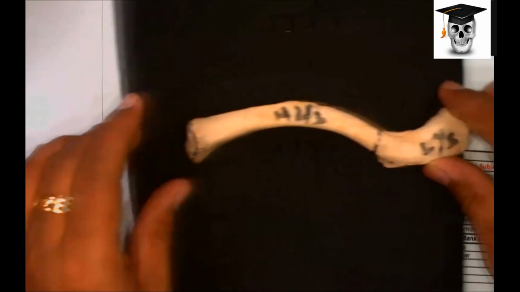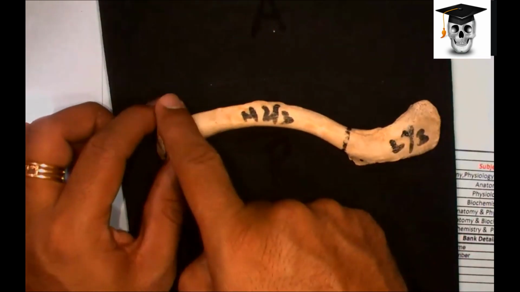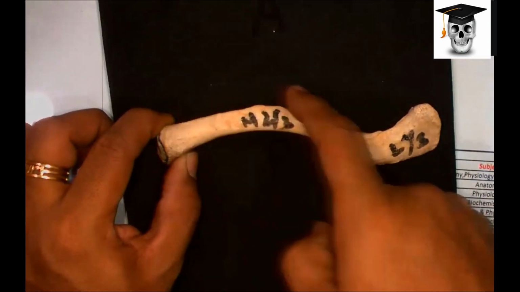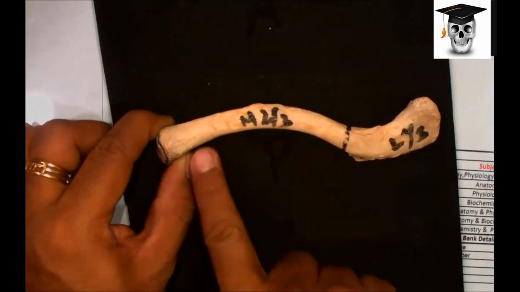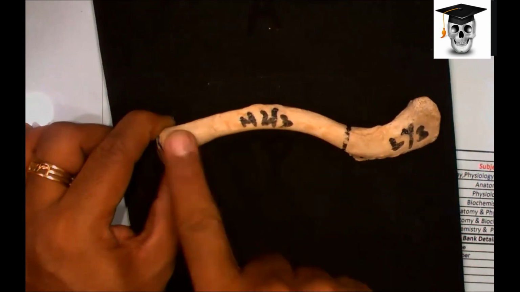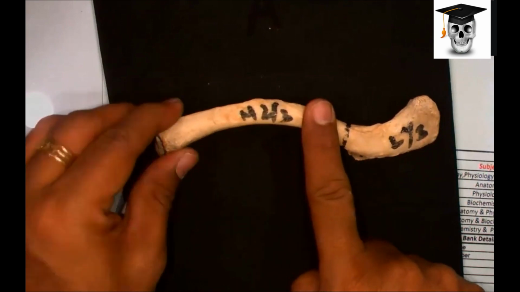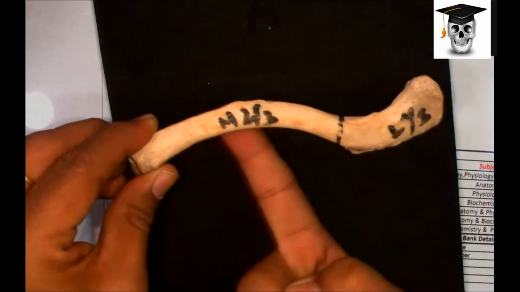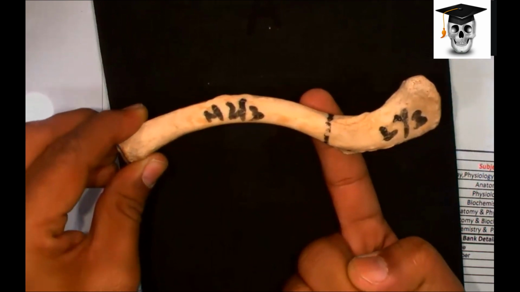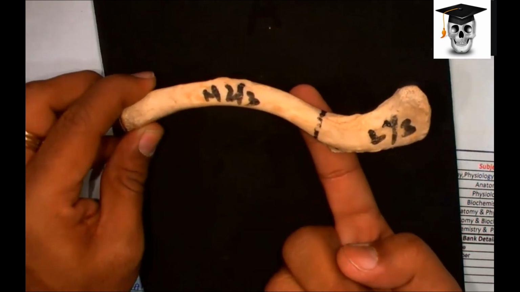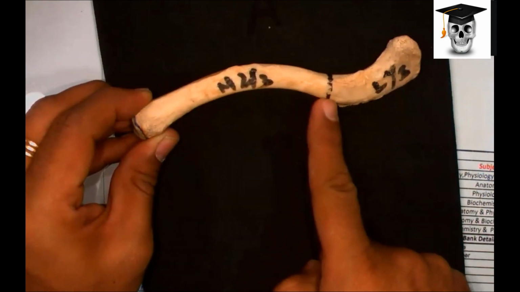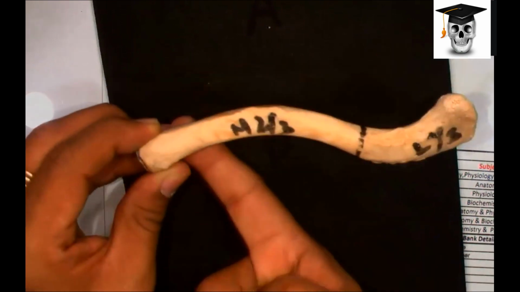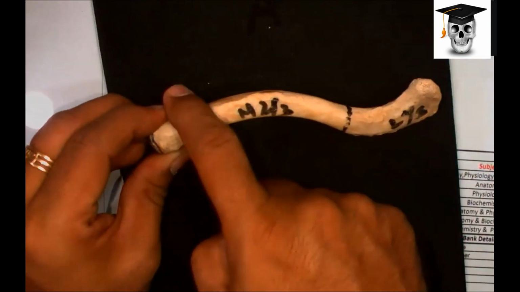Right? So now when I look at this one, this is the part which is facing front, so this is your anterior surface. Opposite will be your posterior surface. This is the superior surface. And if I lift it up and put the finger down, this is the inferior surface. Is that okay? So the medial part of the shaft has an anterior surface, posterior surface, superior surface, and inferior surface.